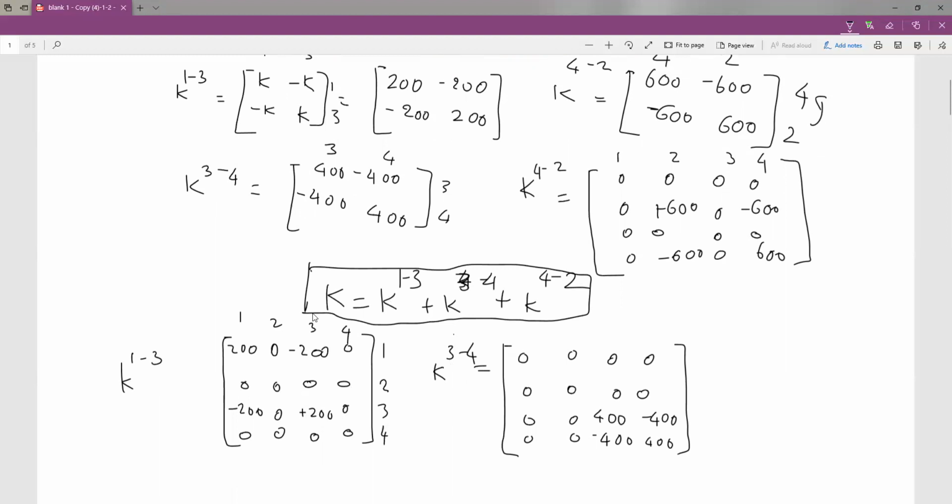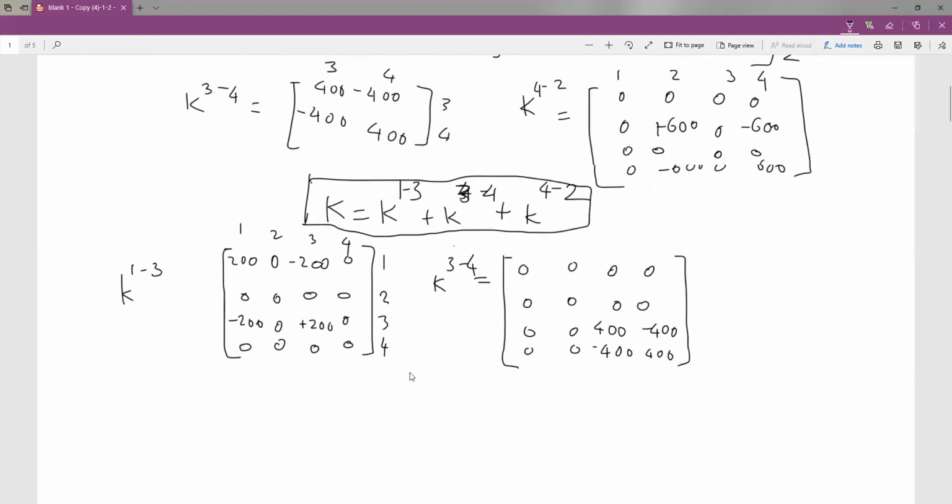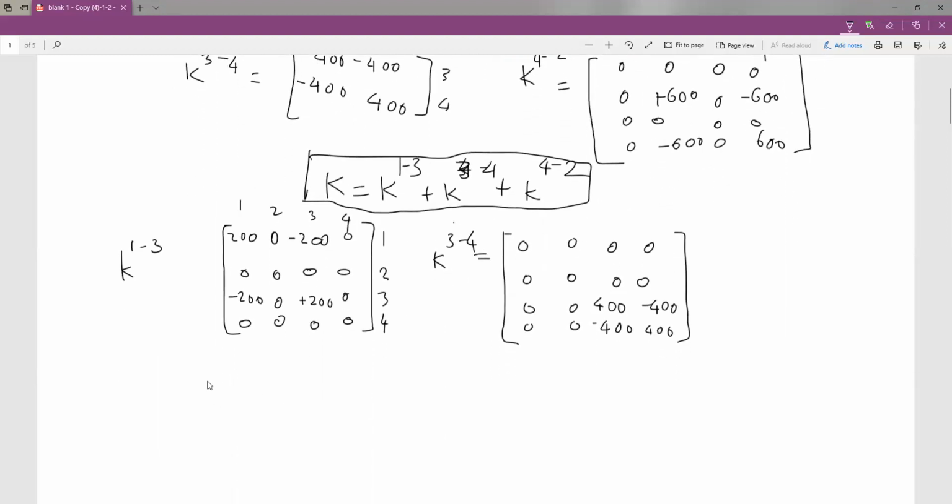The final matrix is becoming, total K matrix will be 200, 0, minus 200, 0, 0, then here plus 600, this member, then 0,